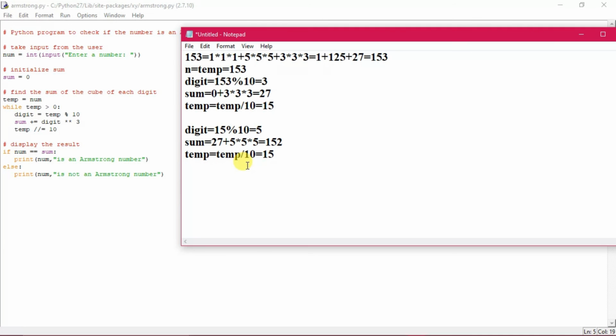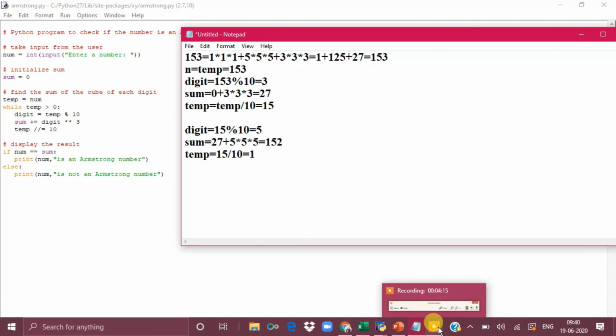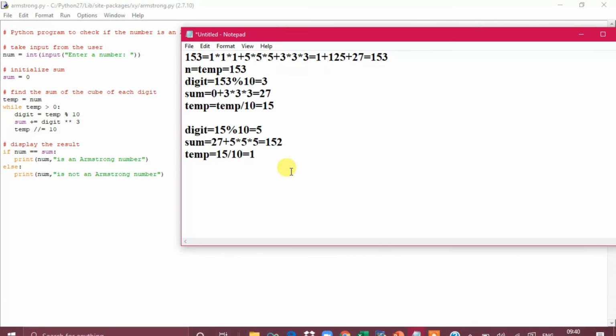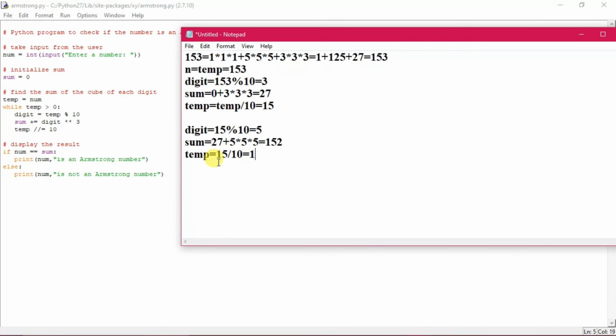Then temp equals temp divided by 10. The value of temp was 15, so 15 divided by 10 will result in 1.